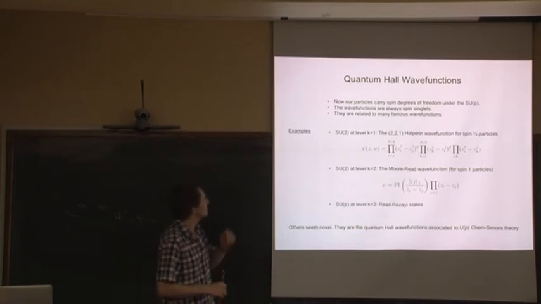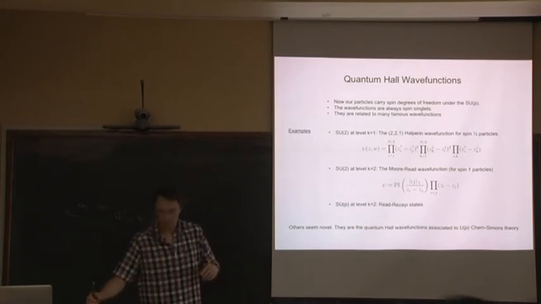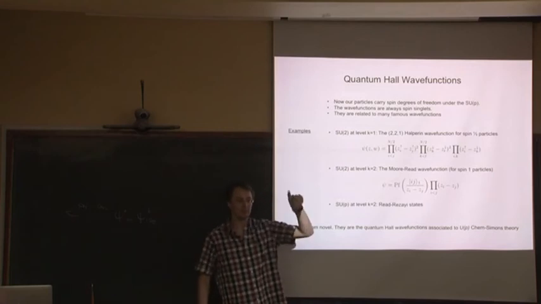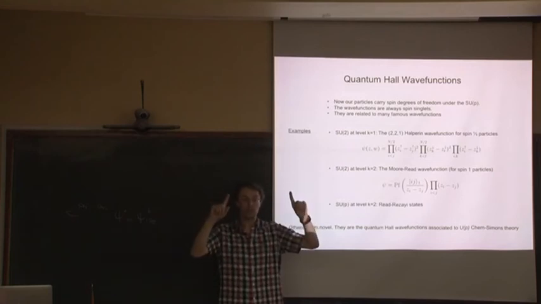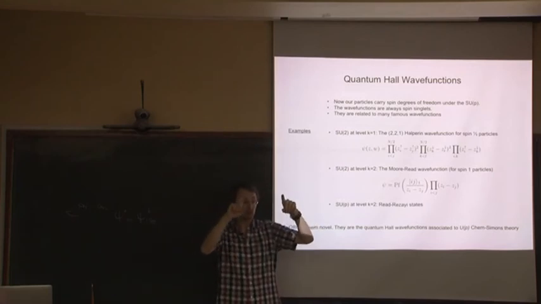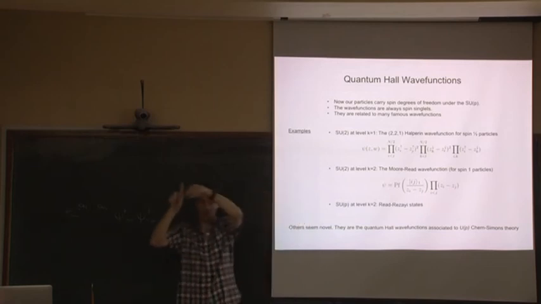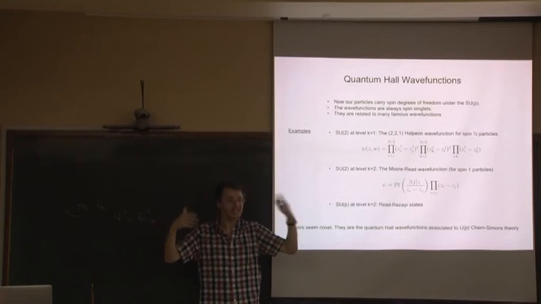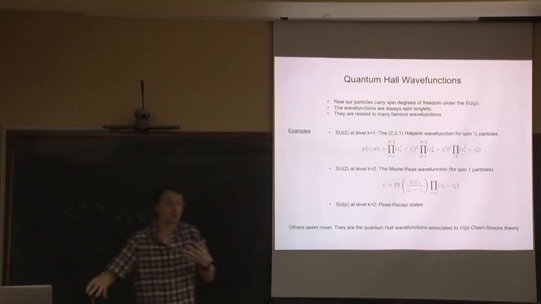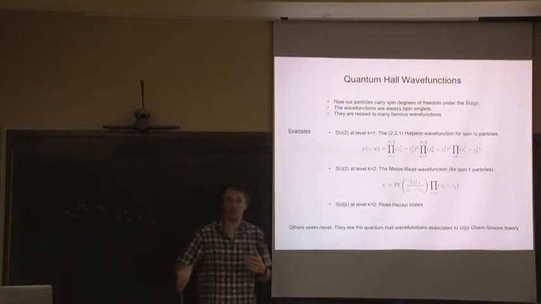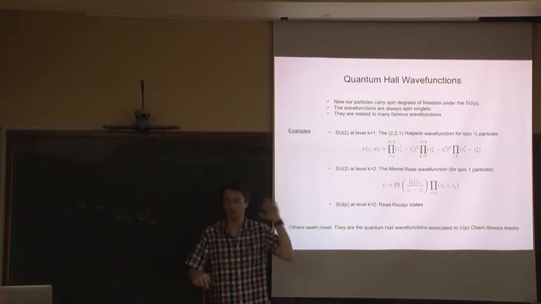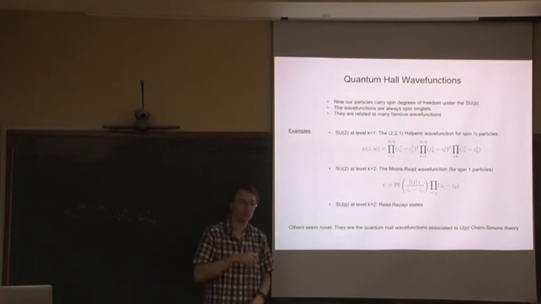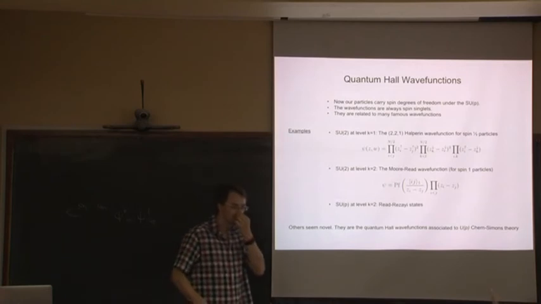All right. So what happens? Each of these vortices carries a little spin degree of freedom. The overall wave function is always a spin singlet. So the spin degrees of freedom are paired up in such a way that you get a singlet under the SUP. But it does that in interesting ways. So let me just give you some examples. By the way, if you're not familiar with quantum Hall physics, this might be throwing names in, in which case I apologize. So just in the matrix model, are you going to put the SUP singlet condition?